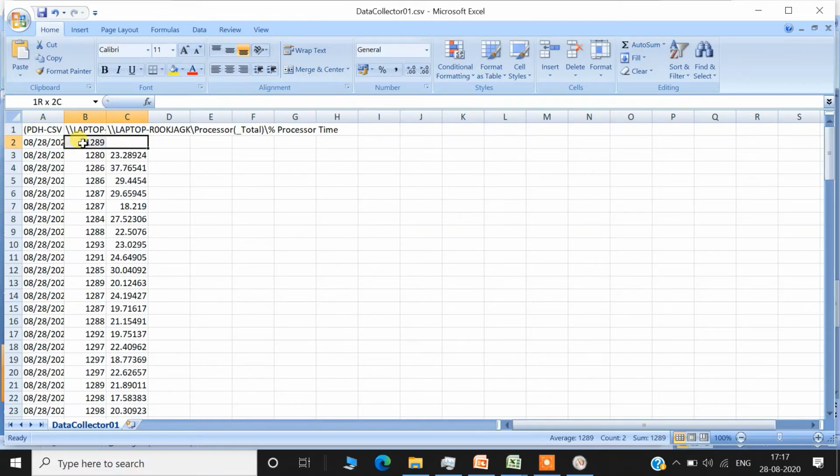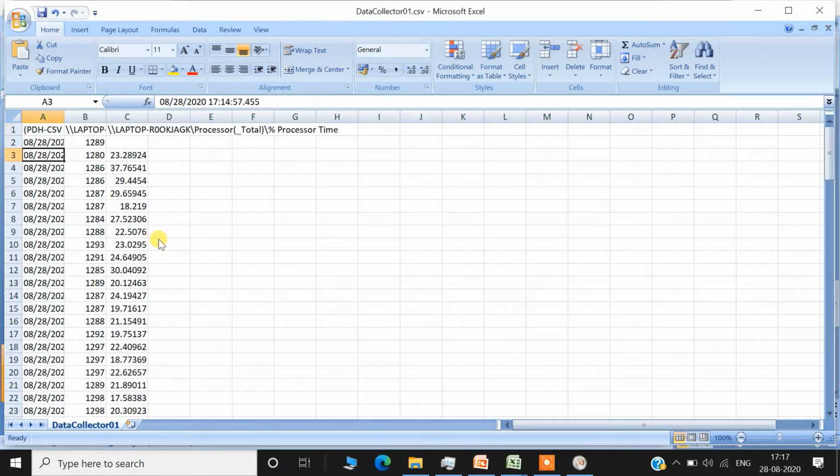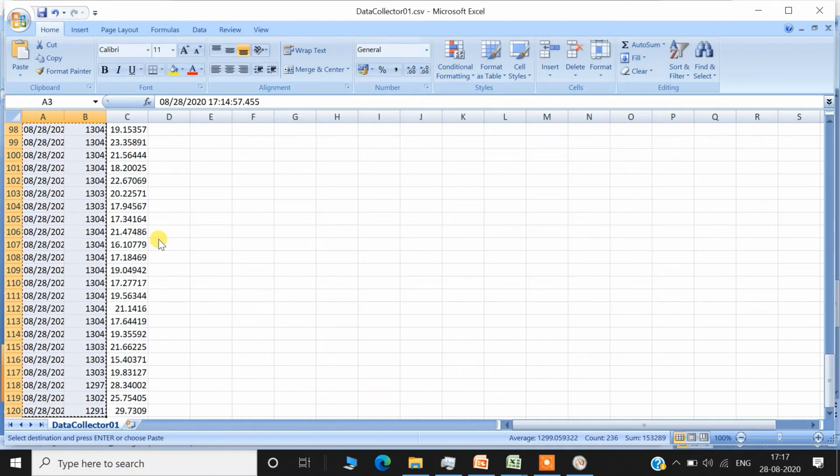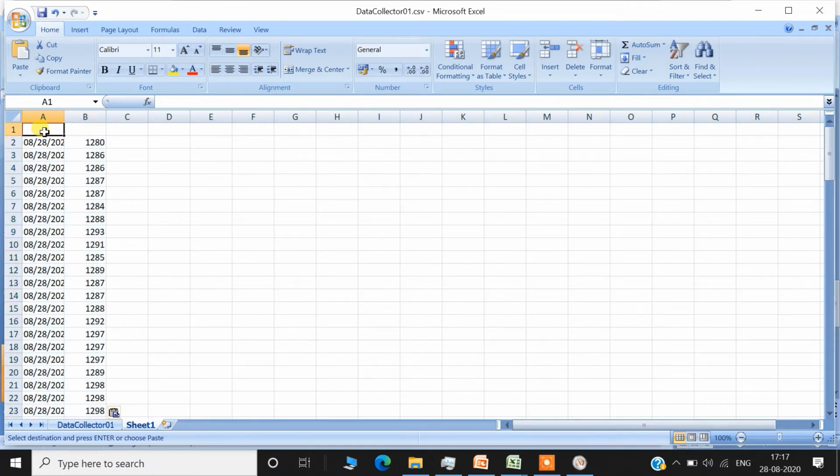I'm going to skip the first instance because during starting some data is missed. So let me copy both the date as well as the value, and I am just copying in another tab. The first one is the time. If you see, it gives me the specific time, so when a particular spike went up or when something happened. And this counter is available memory, the unit is MB.